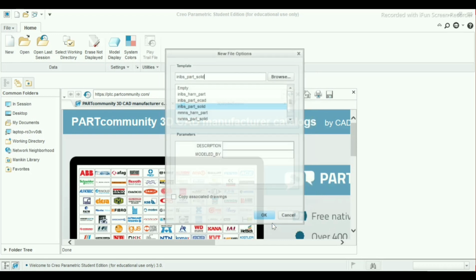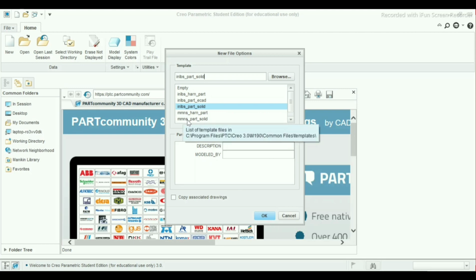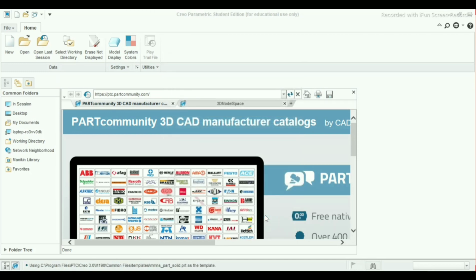Click OK. Now take the units mmns, that is millimeter Newton second. Select this. Click OK.